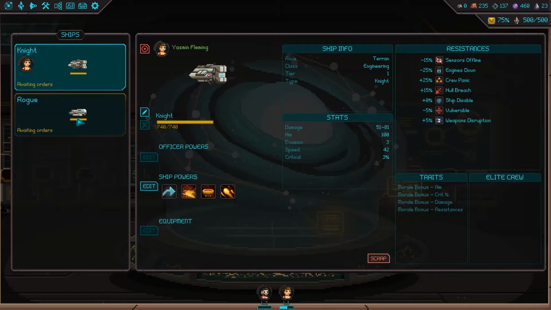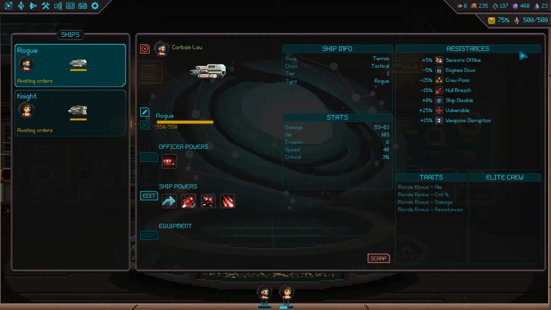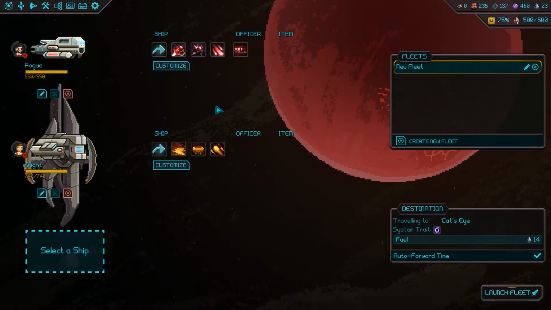Yasmin is going to be in charge of that. The Rogue, I forgot to add Corbin to it. He's in charge of that. Good, we have a team. It's big enough for now. Let's send them here. The Rogue and the Knight. Off they go. Do we have enough fuel to go here? I should have probably...